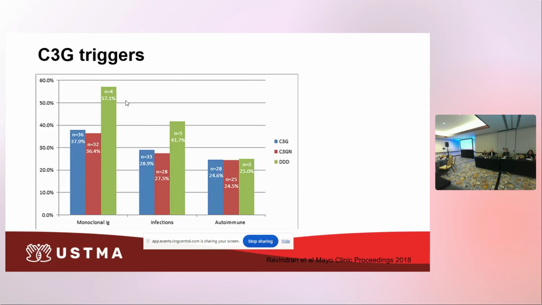So what are the most common triggers of C3G? Irrespective of the biopsy, the triggers can be varied. I already said monoclonal gammopathy is one of the triggers, along with infections and autoimmune conditions. Whenever you see C3G, sometimes it is triggered, which sometimes makes it tricky. There might have been a recent precipitant in the form of an infection